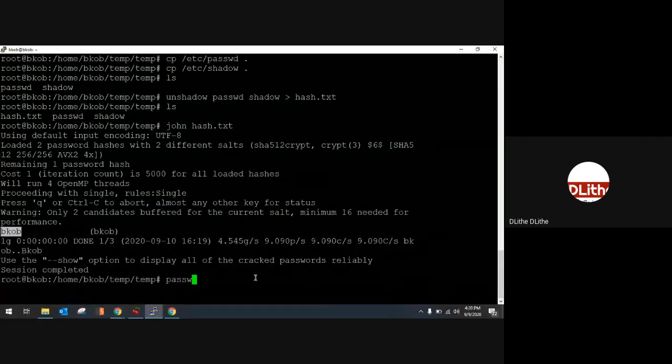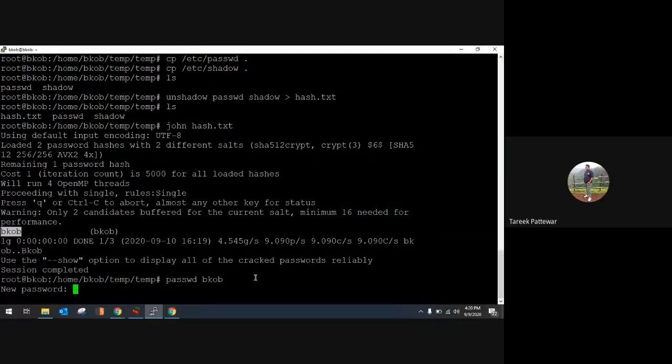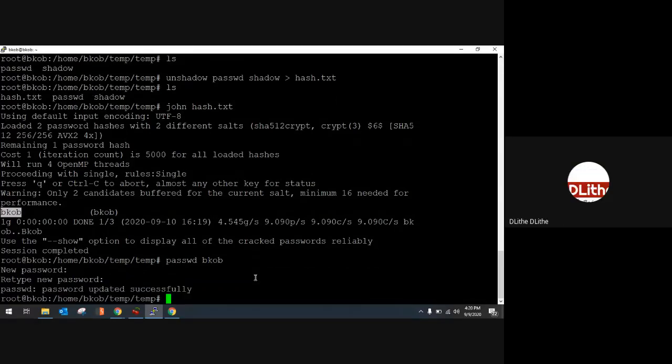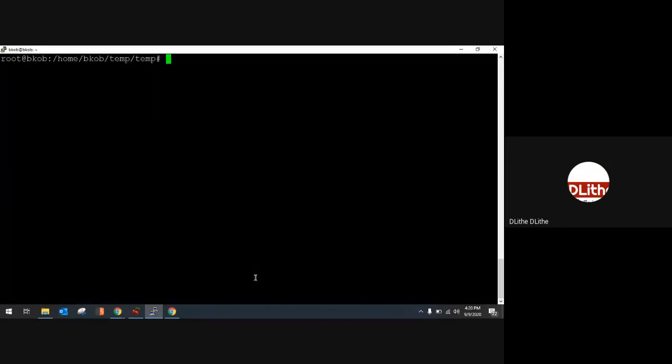Let me try to change BKOB's password. Let me put it as Windows. So my new password is basically Windows. In Linux, it does not echo the password back. So I have to do the same attack, same steps again.